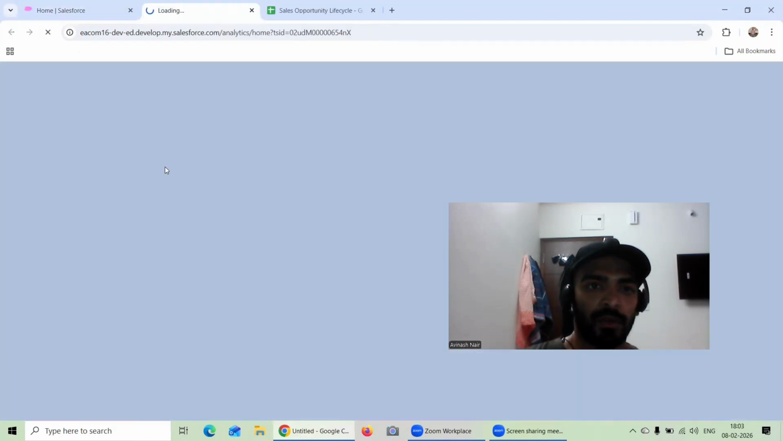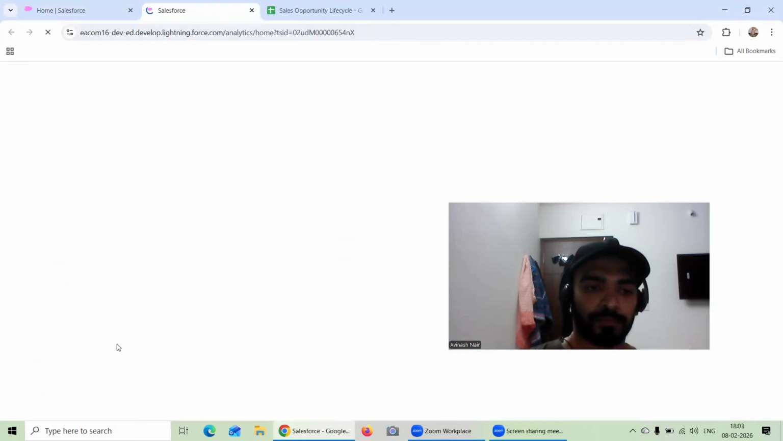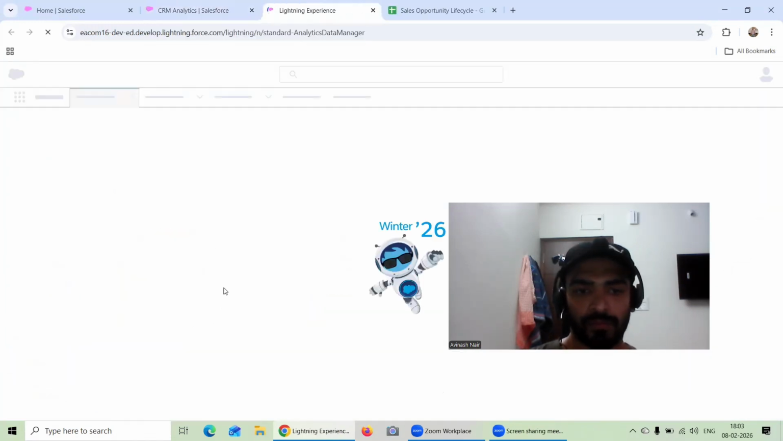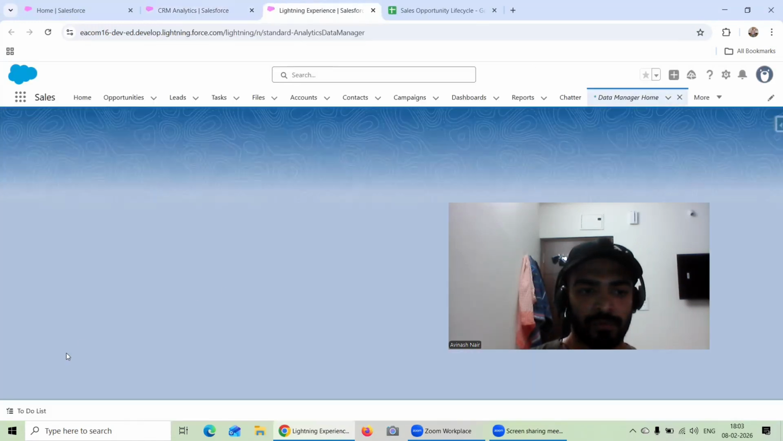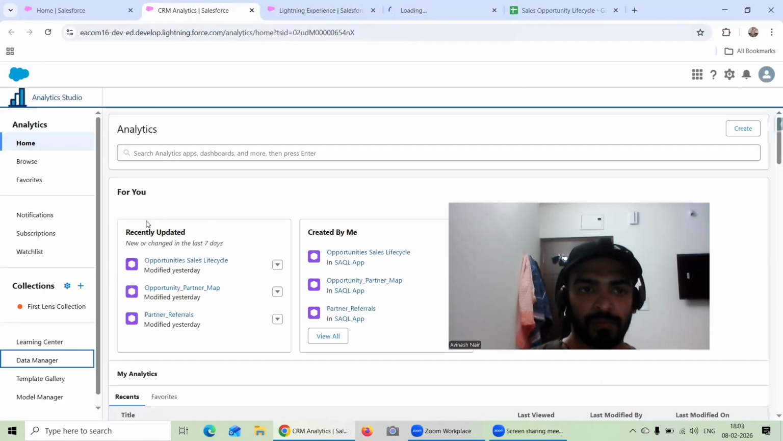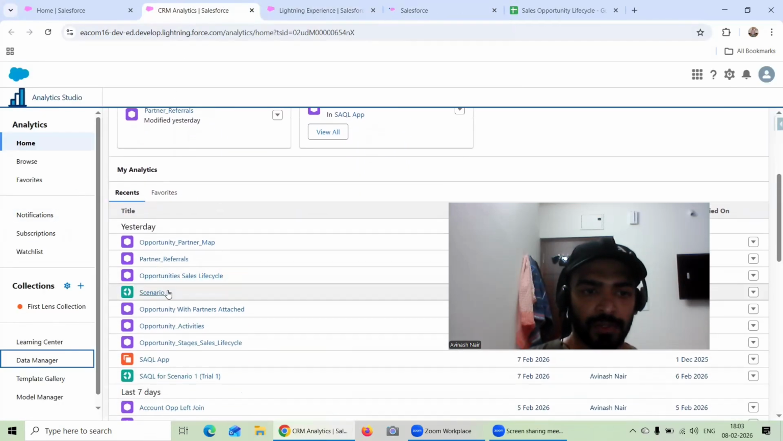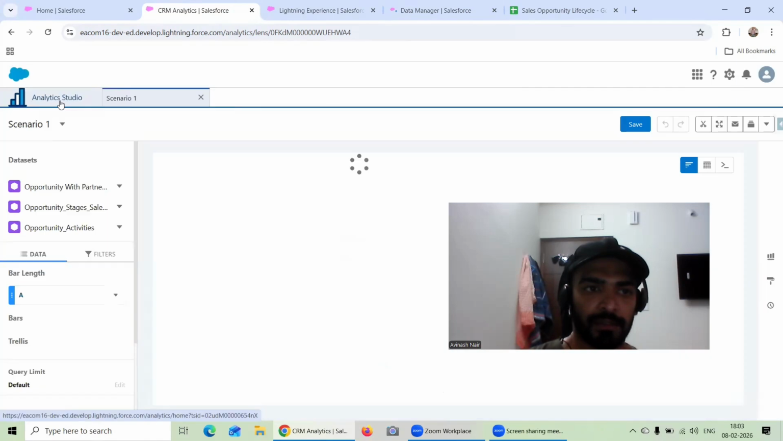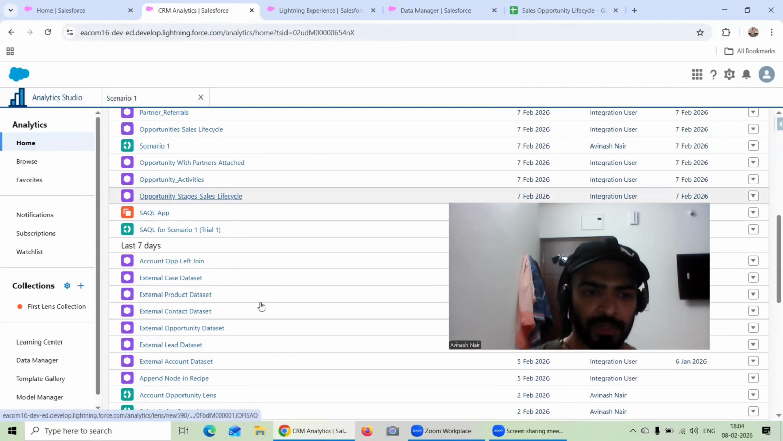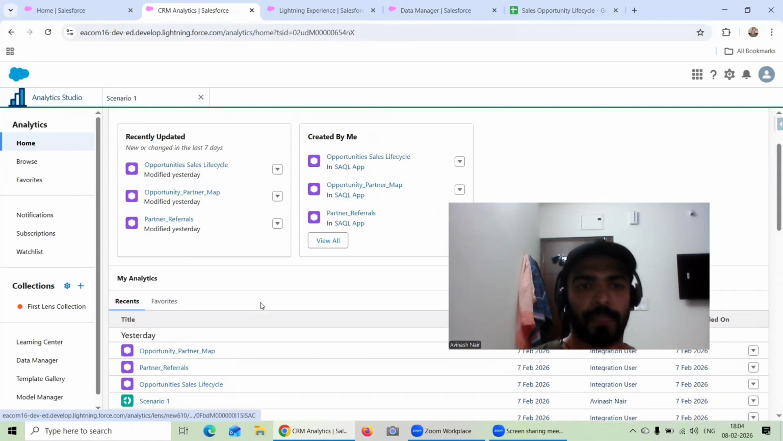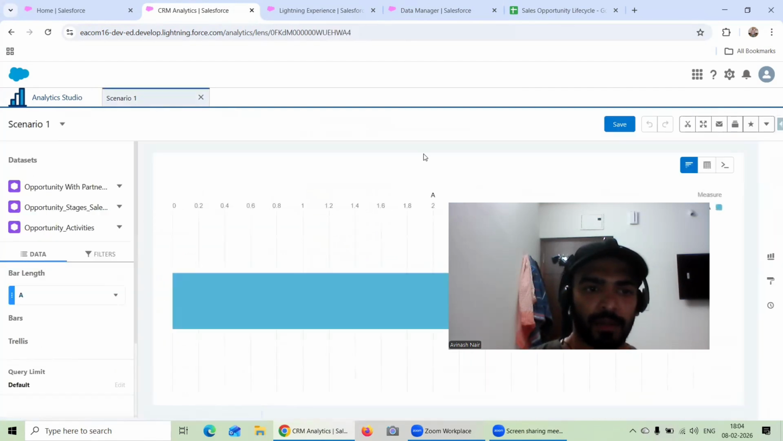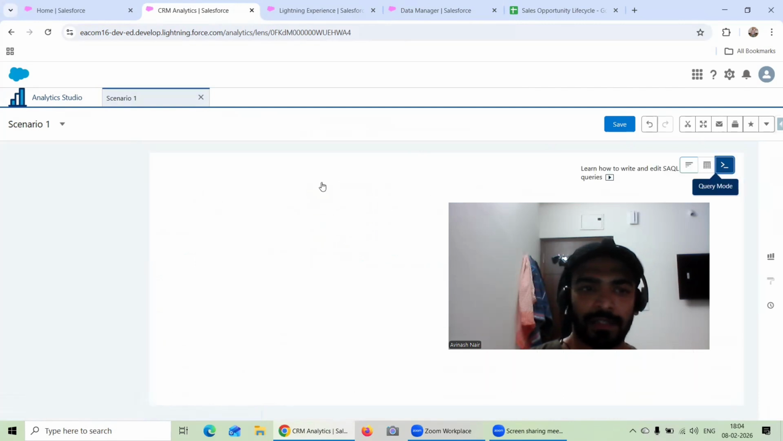Let me just go to Analytics Studio. We were doing something like scenario one. Okay. So of course I will give the proper name once I complete writing the SAQL code and get the required outcome. Let me check what was the other name. So this is like sales opportunity life cycle, right? Now we brought in that particular data set. I will go to the SAQL mode,